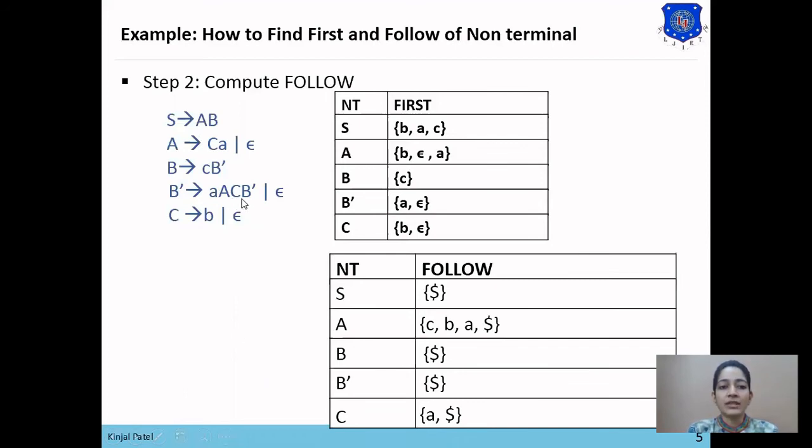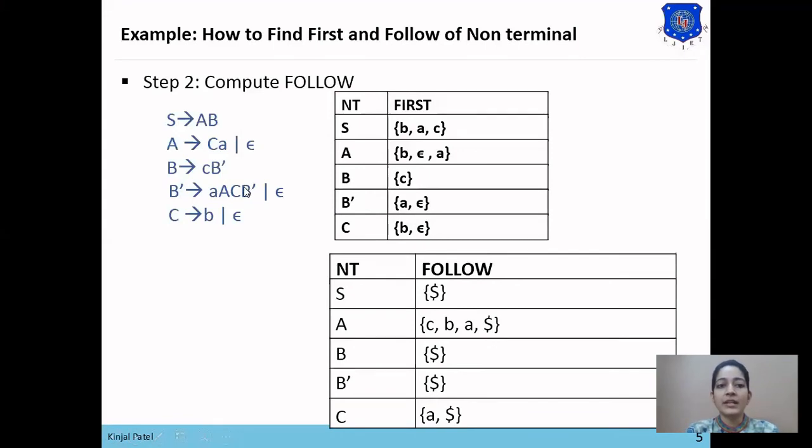Now here in the fourth statement, C is present at the right hand side of grammar rule. So here the B dash is following C. As B dash is a non-terminal symbol, first of B dash will be added in the follow of C. So first of B dash is A and null. As A has been already added in the follow of C, here we will not add the null in the follow of C, we will replace B dash with that null.